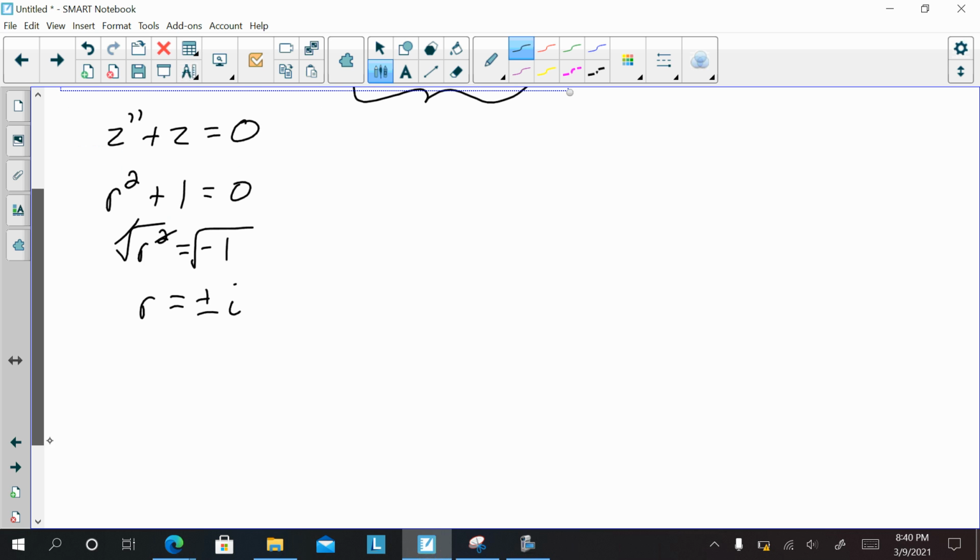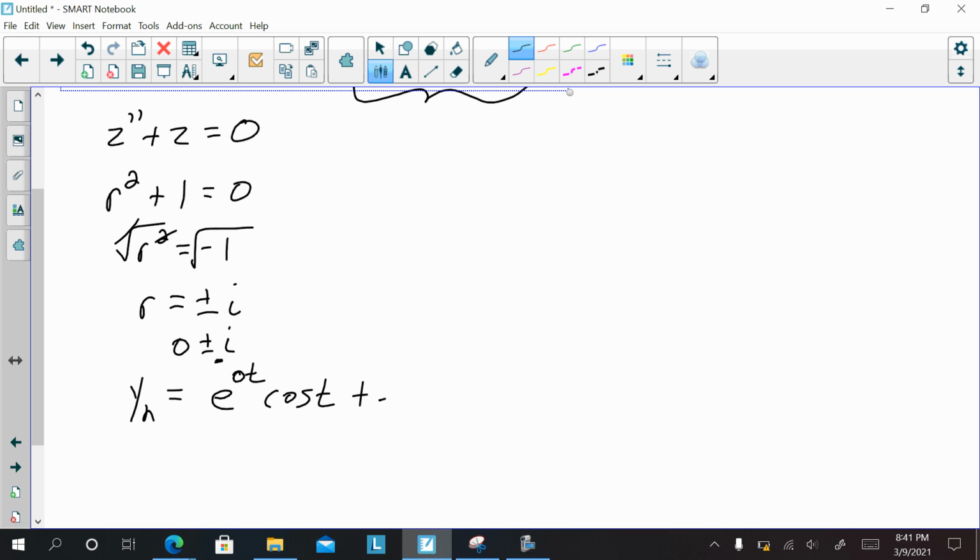So in complex notation, that's 0 plus or minus i. So that means our homogeneous solution does not have an e to the rt, or in this case, e to the at, because that would just be 1. Remember, when we have a complex solution, it's e to the at cosine bt, where b is the coefficient of the imaginary part,